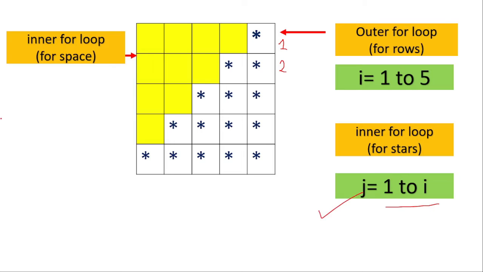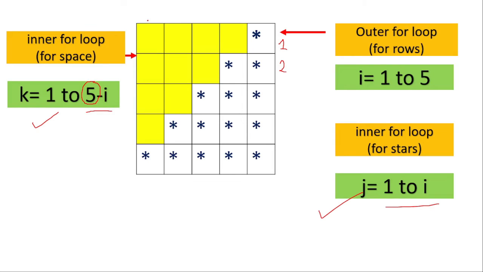Similarly, we want to print some space also. So for the space inner for loop, we will take a variable k, and we will start k with 1 and stop k at 5 minus I. What is the meaning of 5? 5 means the number of rows that we are printing. Minus I means, in the first row,